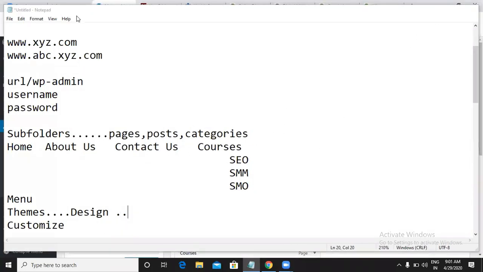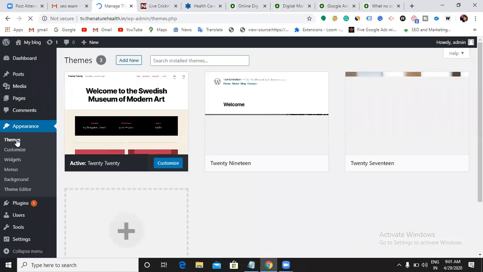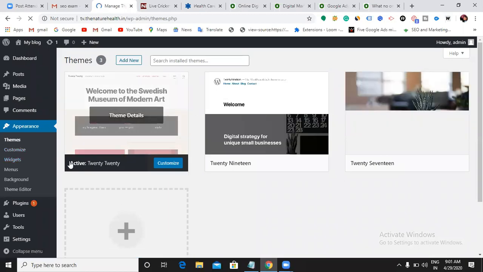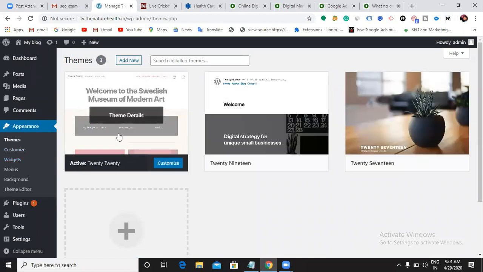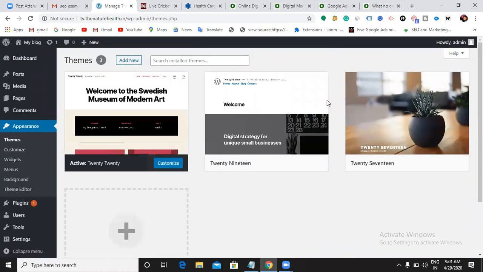So where is the option called themes now? Can you see here? Under appearance, there is a theme. Just go there. This is the theme that comes by default with your WordPress. If you want more designs, just click on this add new.